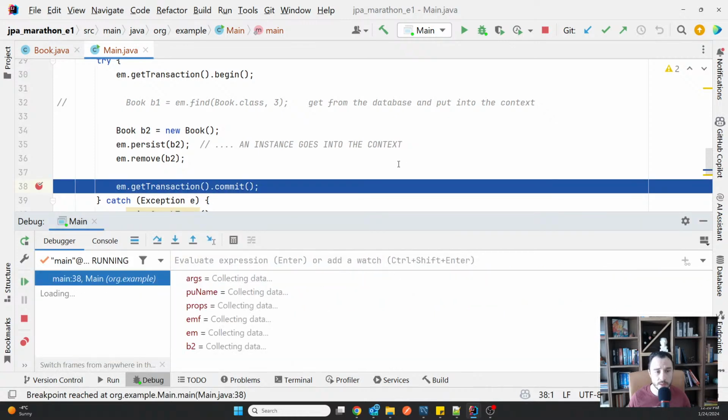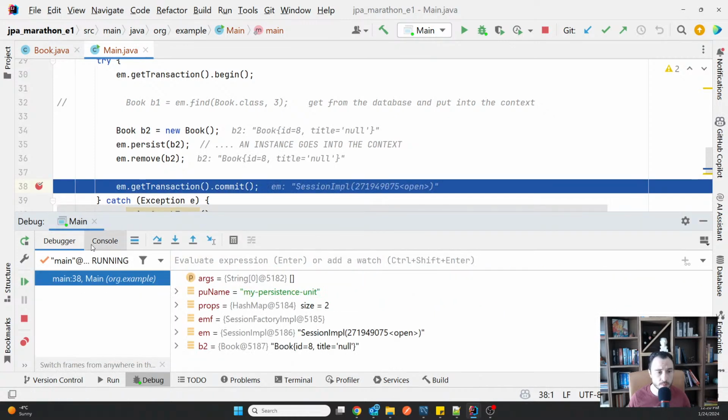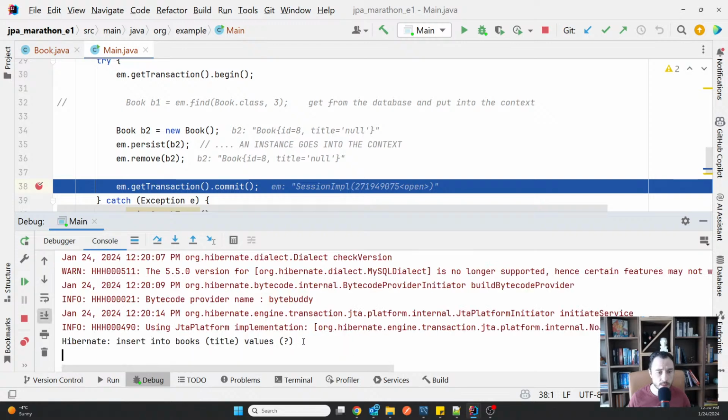So I'm going to rerun it, and you can see that for some reason the insert happened before committing the transaction, but the remove itself didn't happen. And I know exactly why this happens, and I will explain it to you.